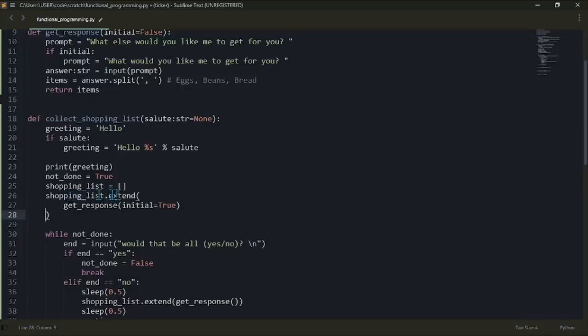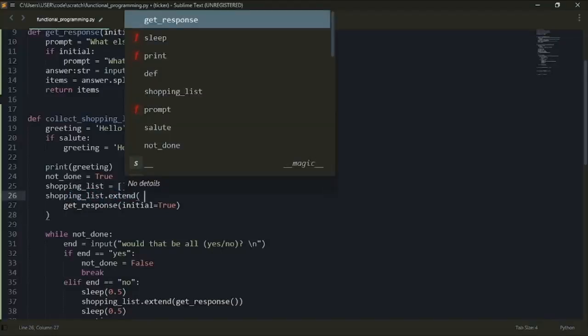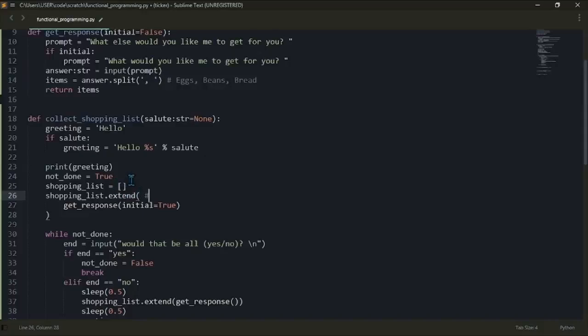Right, so over here we're extending this list, the shopping list, with whatever we get from get response. Using this example now, let's say the user put something like this. This is what we're going to have from get response. So it's returning items, and over here we're just passing the item directly to this extend